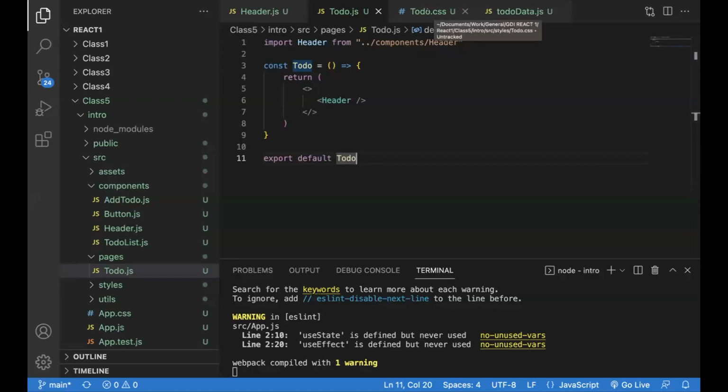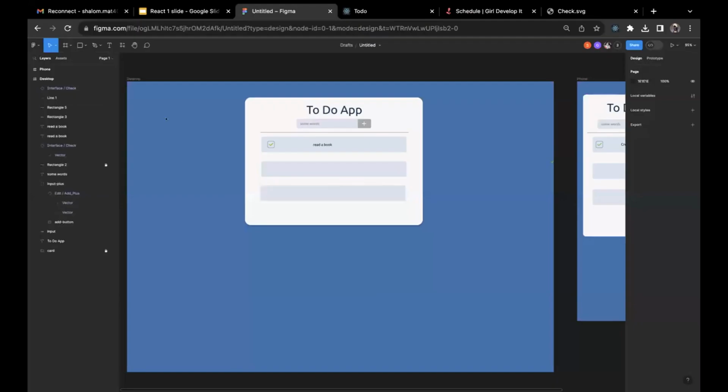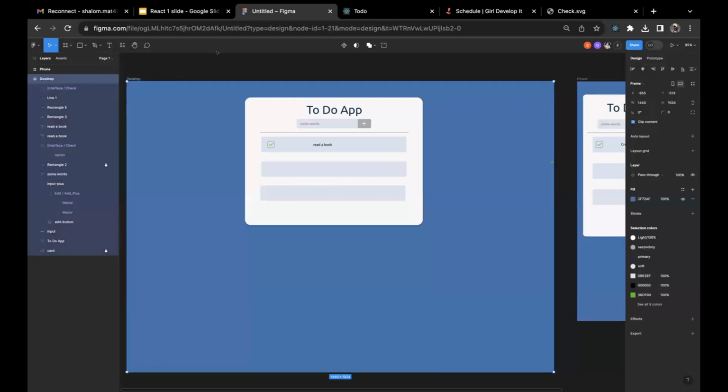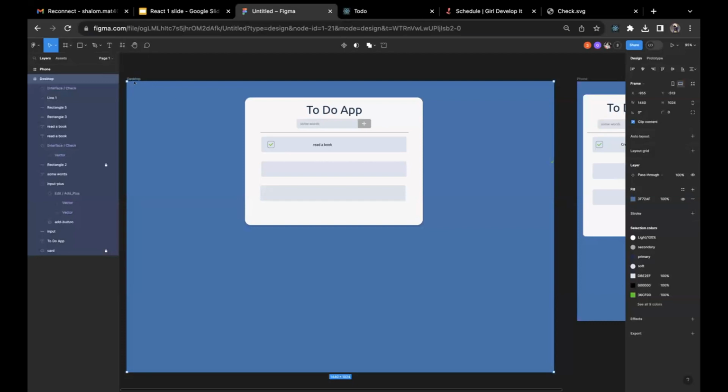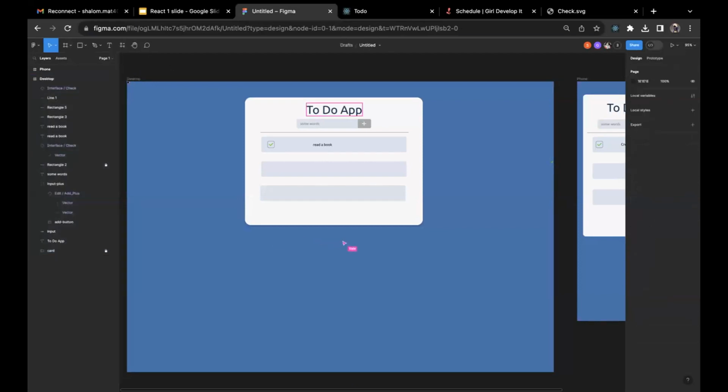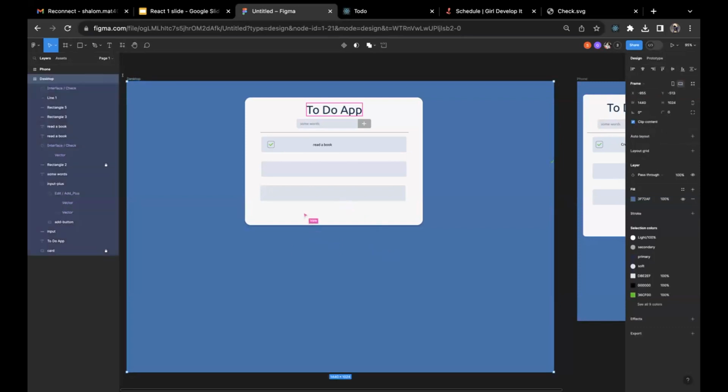So first things first, the general app background is going to be blue. Right now our general background is white. So we can go ahead to select this. If you go to Figma and you select this board, you're going to see, if you move your cursor to the right-hand side, the fill color, the blue. It's going to be a hex code. So just copy that hex code, and then we're going to go back to our